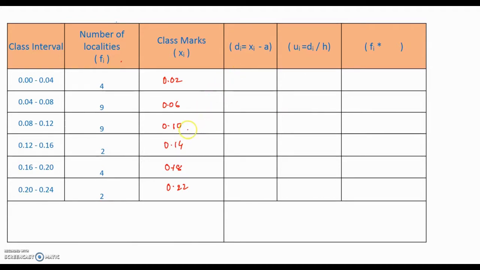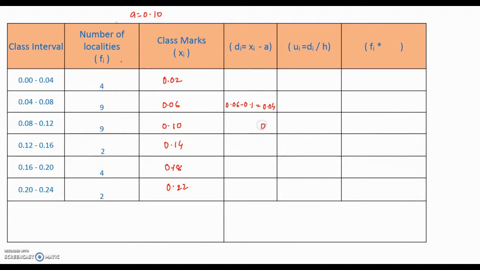We can take the assumed mean to be 0.10. Okay, we'll take the assumed mean to be 0.10. So the deviation we'll have to find out is of the assumed mean from all other class marks. So we'll do 0.06 minus 0.1. Okay, so this will give you